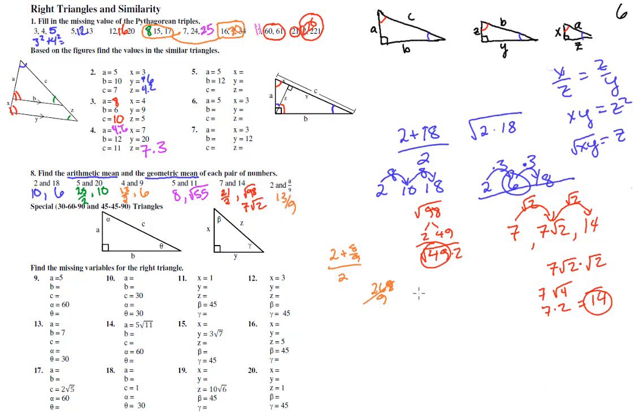Yuck. Okay, and 2 times 8/9, and then we're going to square root it. So that is 16/9. Underneath the square root sign, that is 4/3. Hey, that came out nice at least. Wow, look at that. That is arithmetic means and geometric means. Let's get some of our work out of the way here, and we'll go on to these 45-45-90, 30-60-90